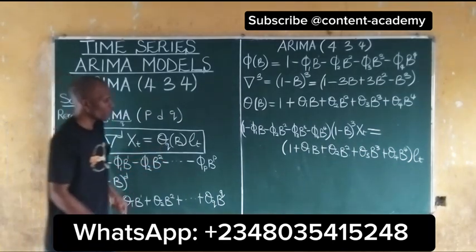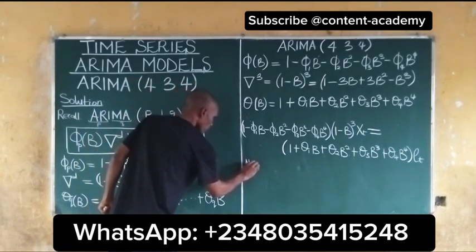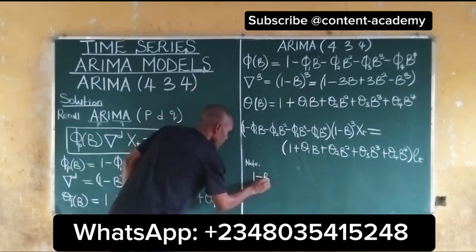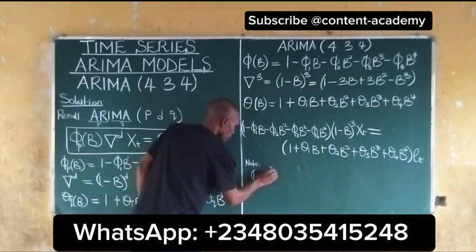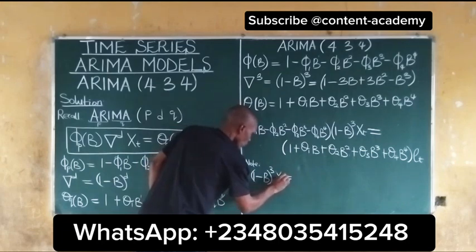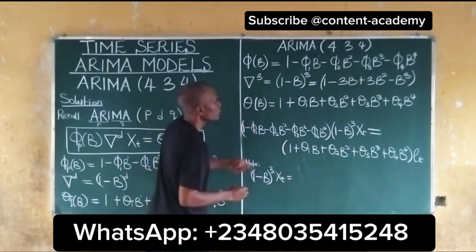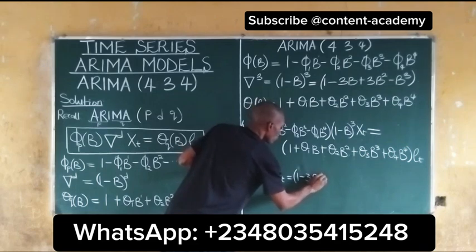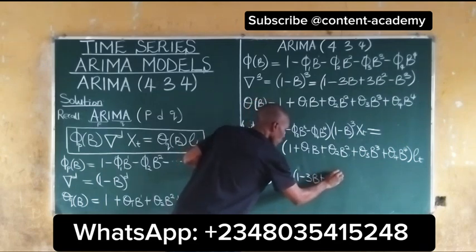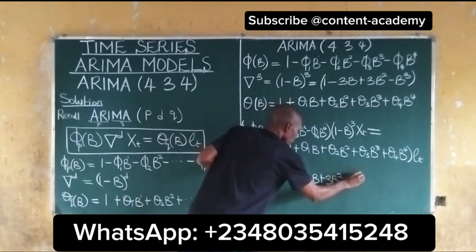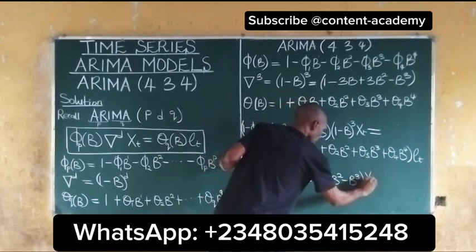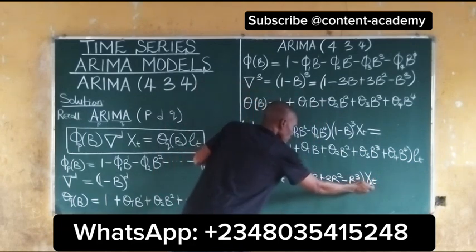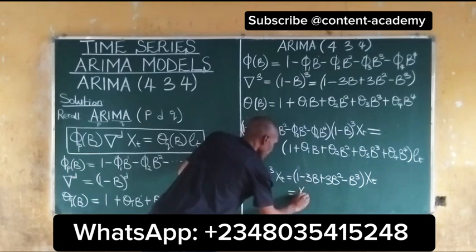Now the next thing to do, we should note that (1 minus B) raised to the power of 3 Xt is equal to 1 minus 3B plus 3B squared minus B raised to the power of 3, Xt. And from our backward shift, we see that this can multiply the whole of this to give us Xt